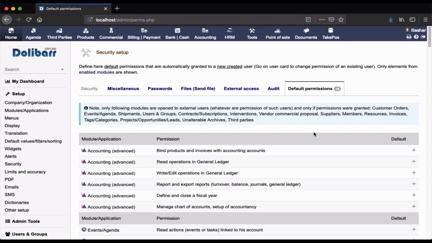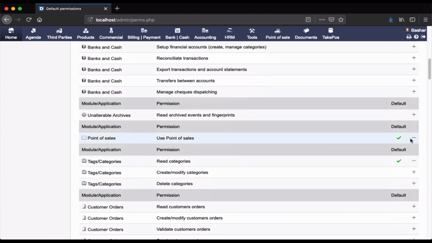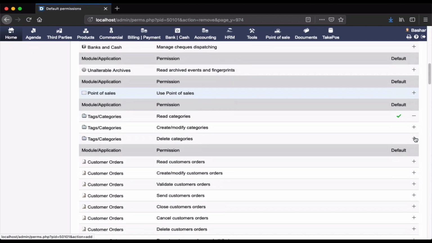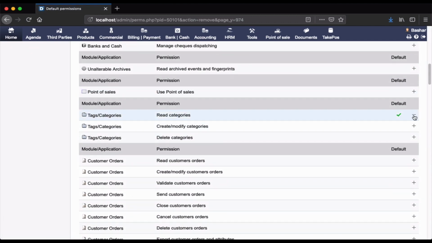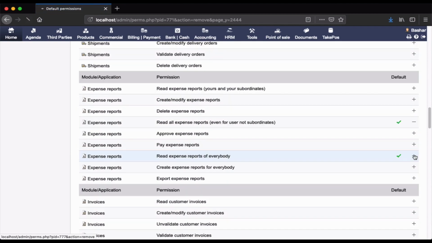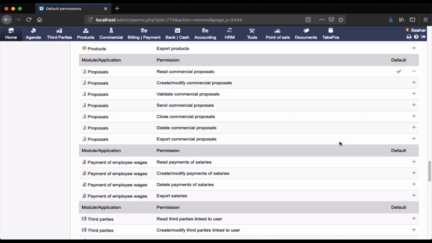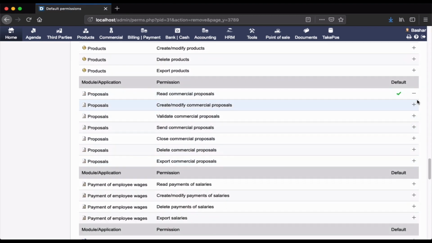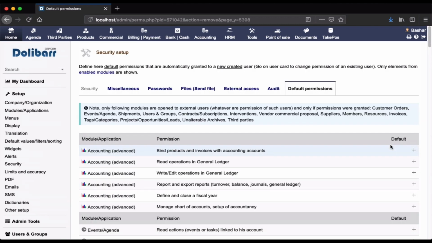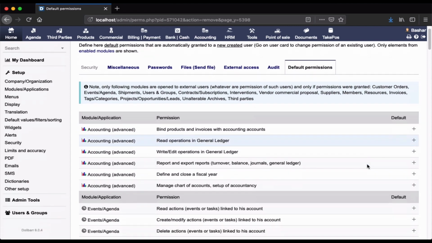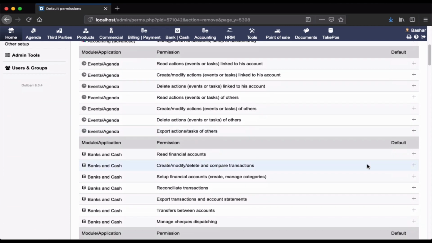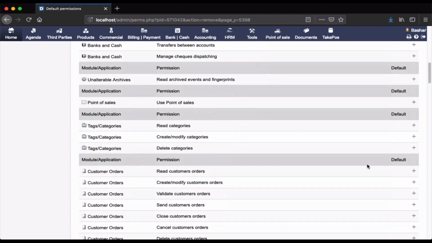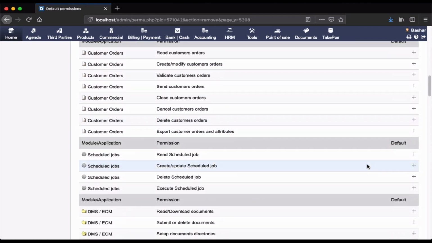How do I deactivate or activate a permission? Now, as we are in the default permissions page, here you can see point of sale. I will remove it. Read tags and categories, I will remove it. And we will do that for all of the granted permissions within the default permissions page. Now after we finish, as you see, default permissions has nothing in front of it. So once we create a new user, he or she will have no permission